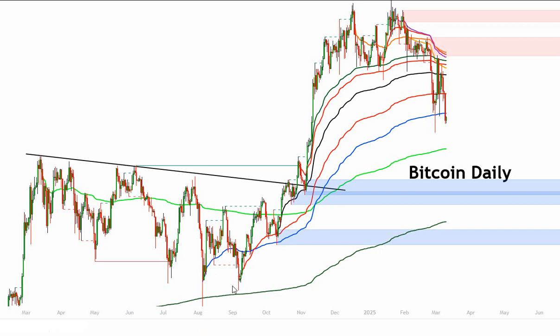Okay, we already blew through the September low VWAP support. This is an anchored VWAP from that low. The anchored VWAP from the high over here in March of 2024 is the green line right there. That's the next level of support. That's also horizontal support, as I have been pointing out. We have that 74,000 area, just under 74,000, that peak right there. So you've got a lot of support in there.